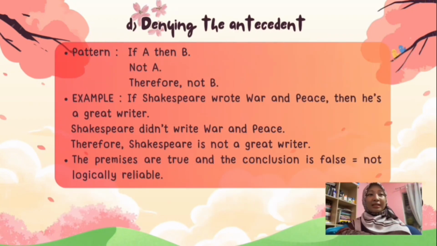Next, denying the antecedent. The pattern is if A then B, not A, therefore not B. For example, if Shakespeare wrote War and Peace, then he's a great writer. Shakespeare didn't write War and Peace, therefore Shakespeare is not a great writer. The premises are true, but the conclusion is false. So this argument is not logically reliable. But although this is not logically reliable, it's still under deductive reasoning because it still uses the same pattern, which is if-then. So next,